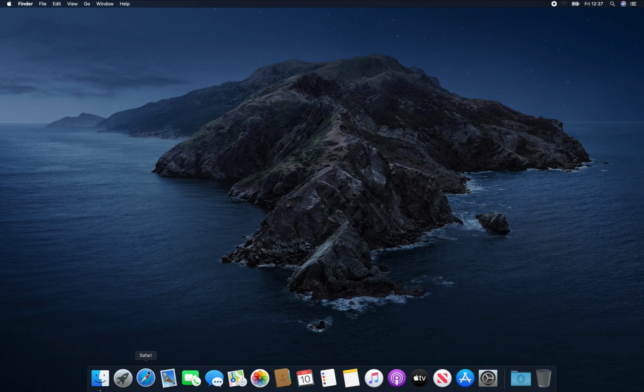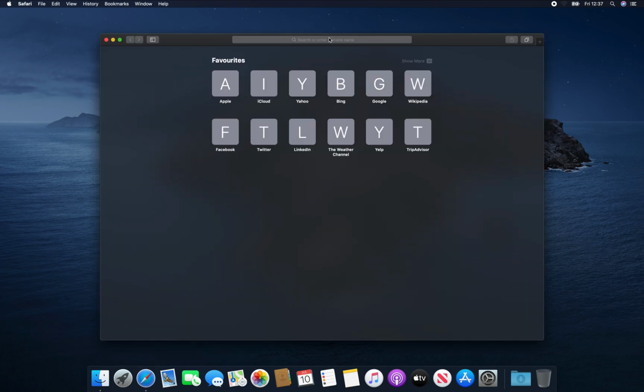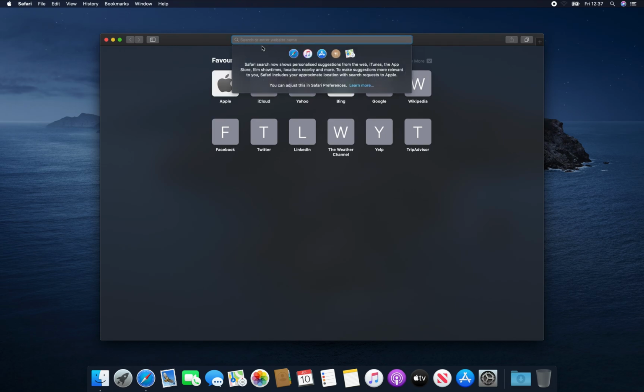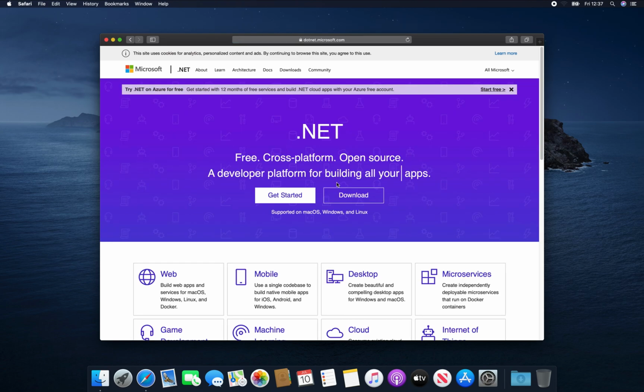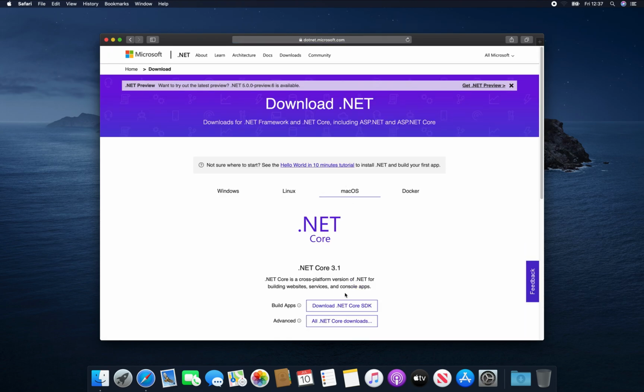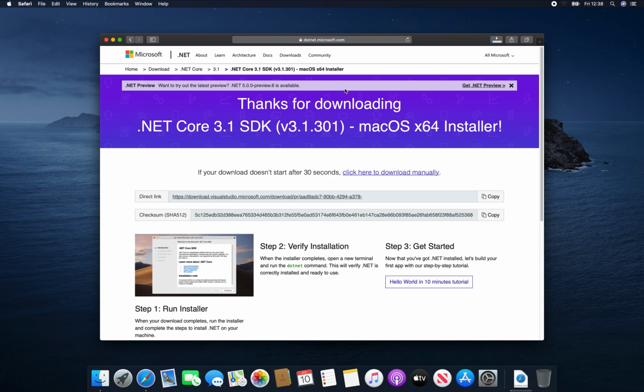So the first thing I'll do is open up Safari, and because I'm a .NET developer, I'll first install all my .NET tools. That is everything I'll be showing here. So first thing I'll do is install the .NET SDK. I'll go to the .NET website and download the 3.1 SDK and allow that, because I don't like this browser